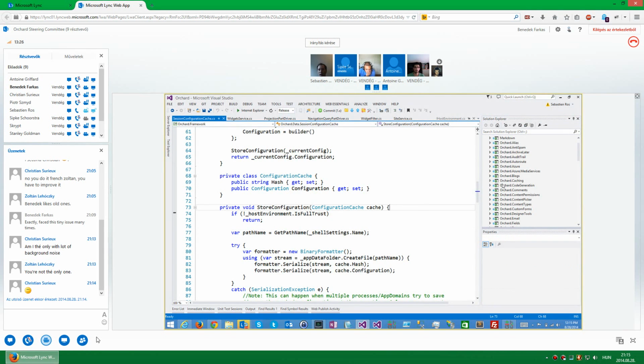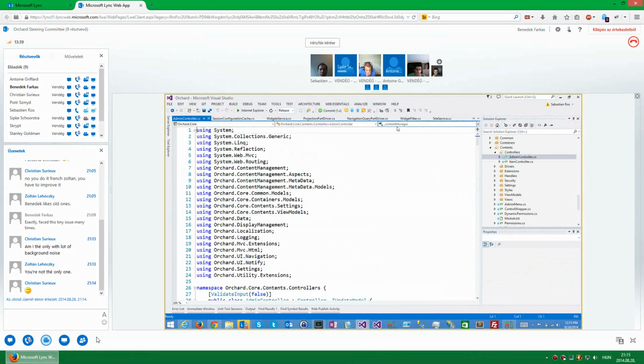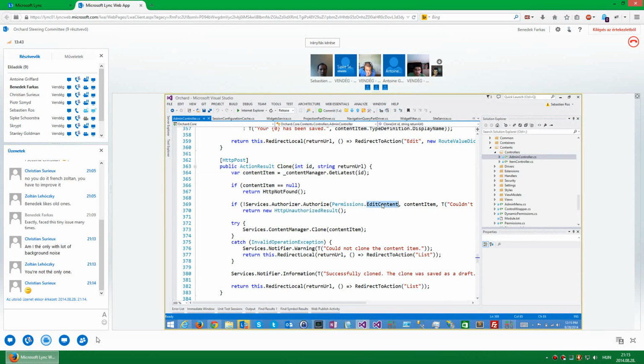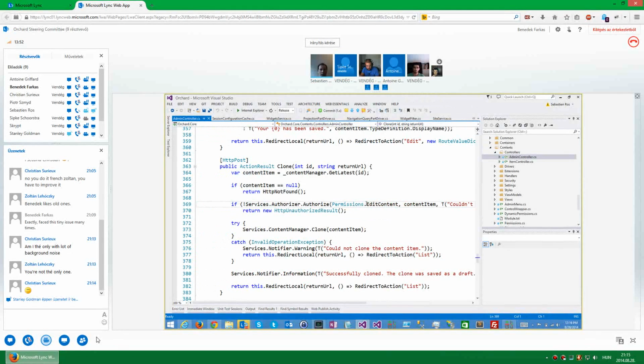Oh, well, where actually the permission check is, that's the content admin controller. Edit content. Yeah, I agree. It should be create. So this should be create, and same thing for the links to render.